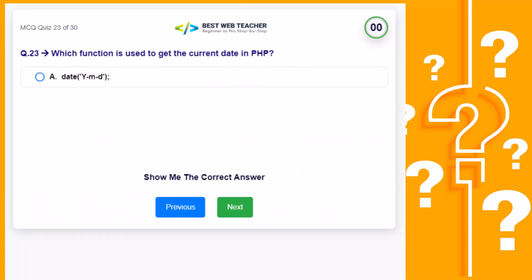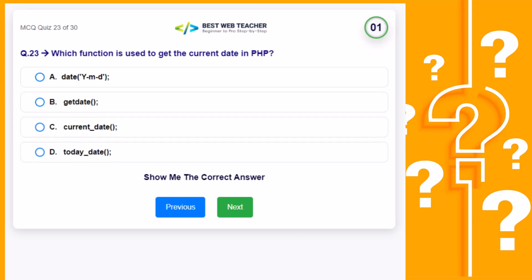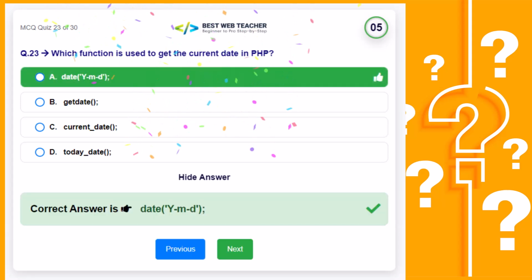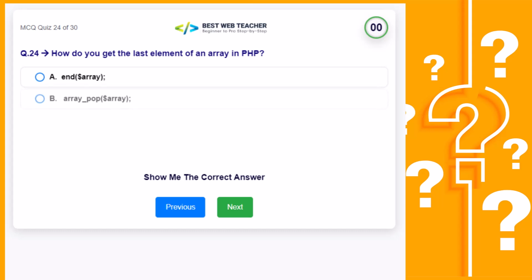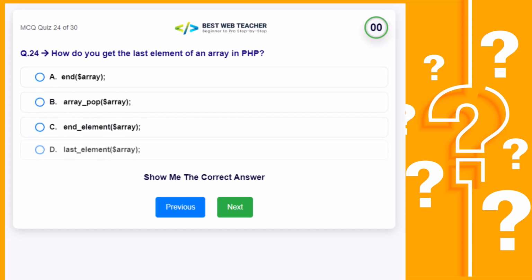Which function is used to get the current date in PHP? Correct answer is How do you get the last element of an array in PHP? Correct answer is